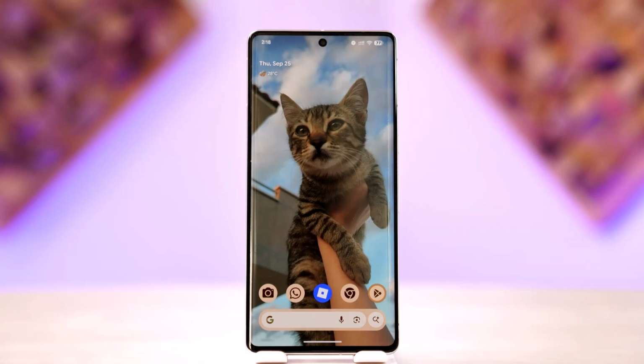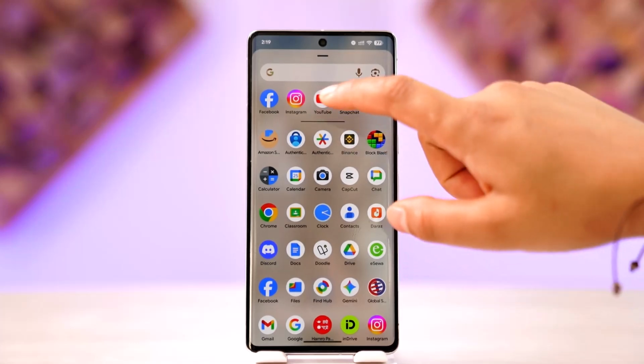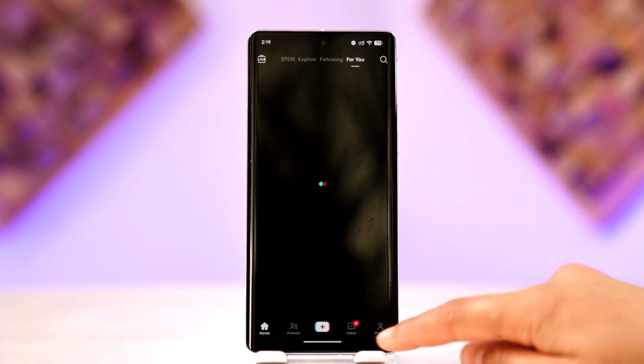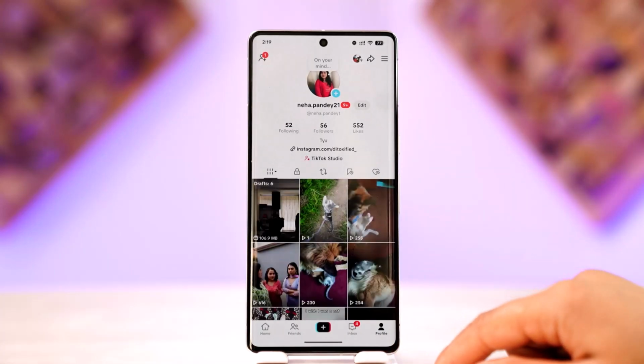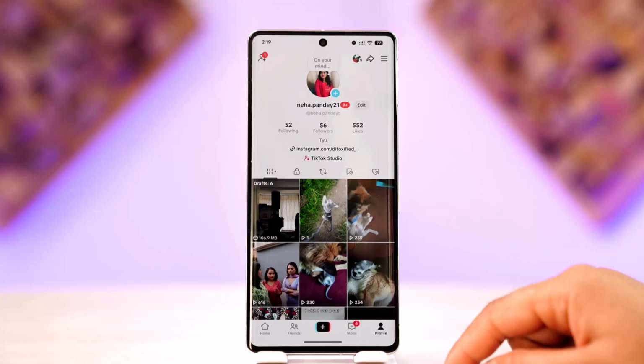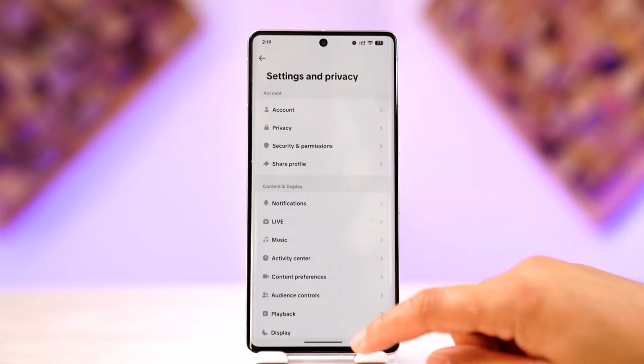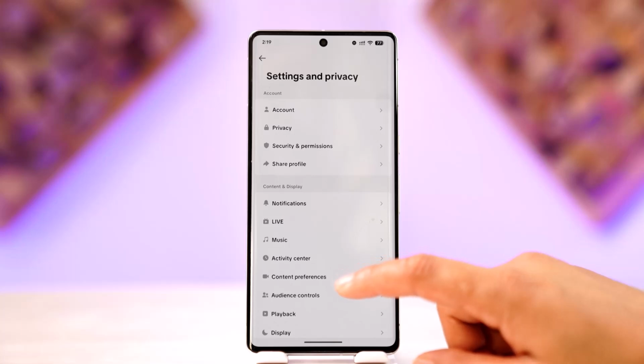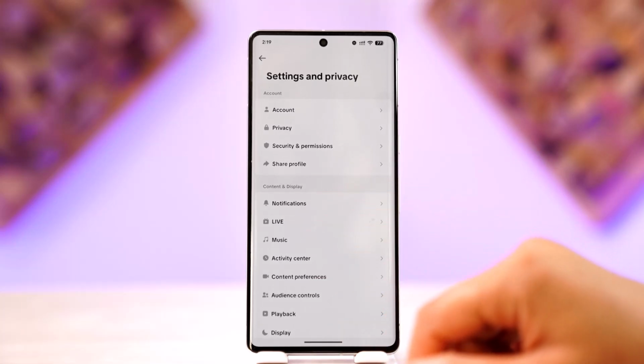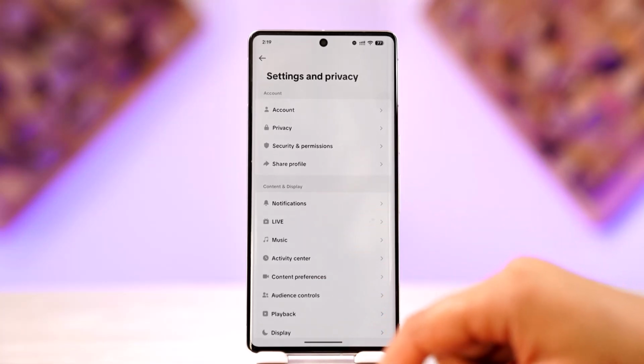What you need to do is open up your TikTok application and log into your account. After which, click on the profile icon from the bottom right corner of your screen and tap on the menu bar from the top right and go to Settings and privacy. Once again, on this screen, you want to make sure to tap on the Cache and cellular